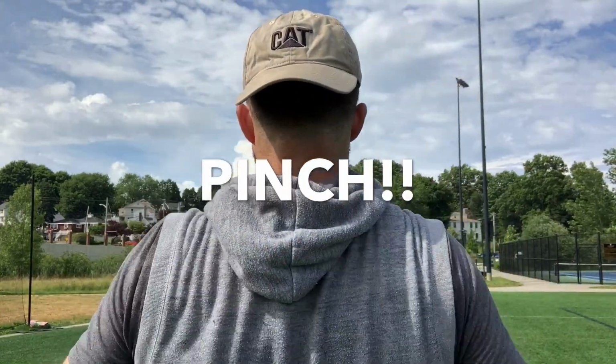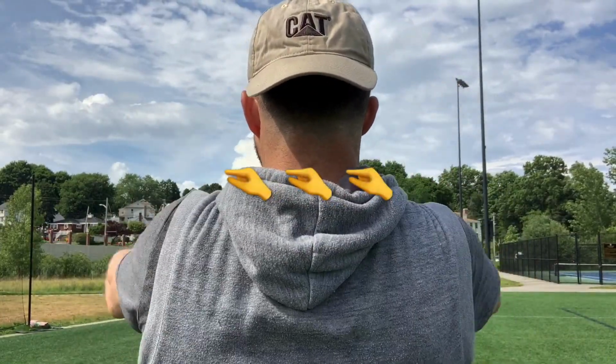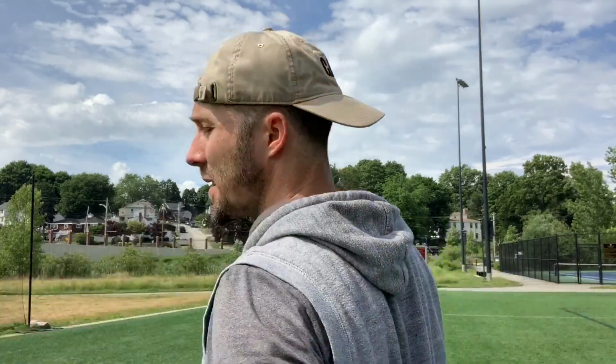Your rhomboids are going to be responsible for the retraction of your scapula, or your shoulder blades in the back, and we basically want a reverse fly motion, in a sense. Reverse flies with the resistance band anchored to another object is an exercise that we will get into. But for now, I just want to do something very simple, since this is the beginning stages of our progression